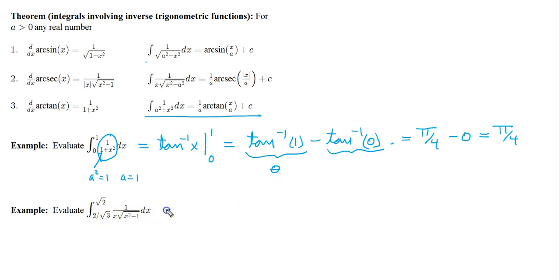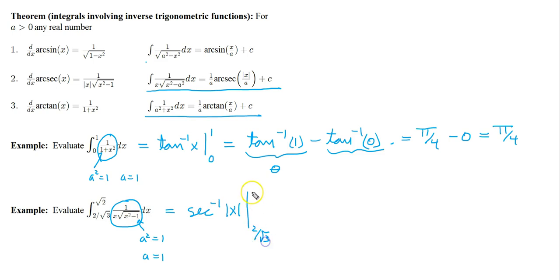Now let's do this one down here. So we want to evaluate this definite integral. So we need to find out what is an antiderivative for this function right here. Well, notice that that matches up with this form right here, where once again the a squared is 1. And so a is just 1. And so this quantity will equal, that is our antiderivative for this function right here. And then we just evaluate that from, and so that evaluates to